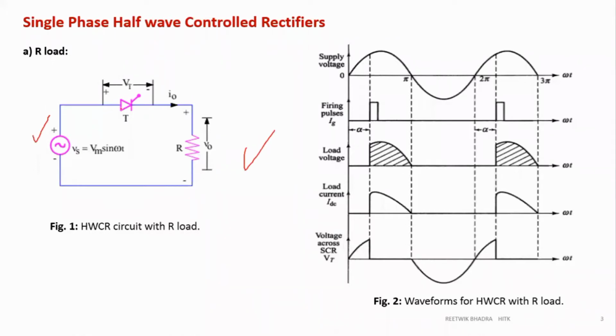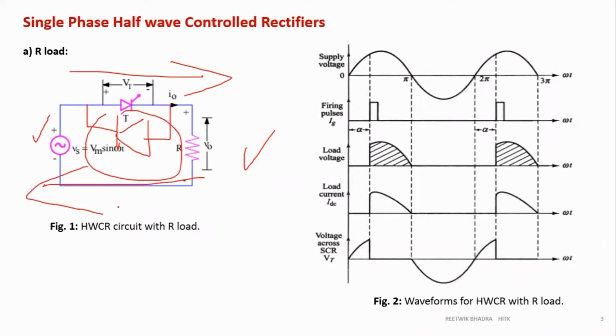But if you take one unidirectional thyristor, it will always conduct from anode to cathode. So in the output we will get DC for this circuit. But to get AC, what did we do? We connected an antiparallel thyristor or diode. This diode will also allow conduction in the negative direction. So we'll get positive as well as negative.